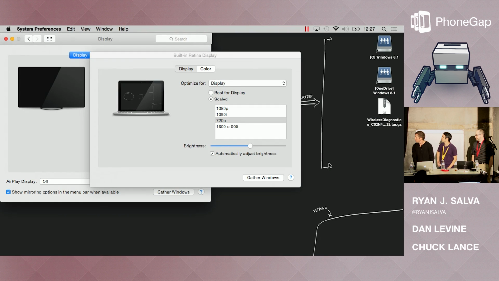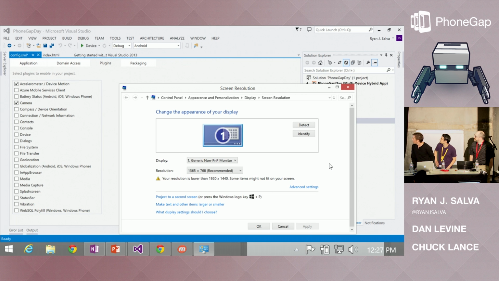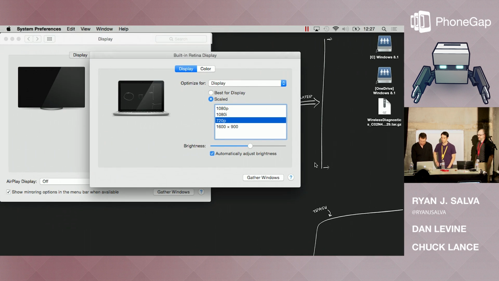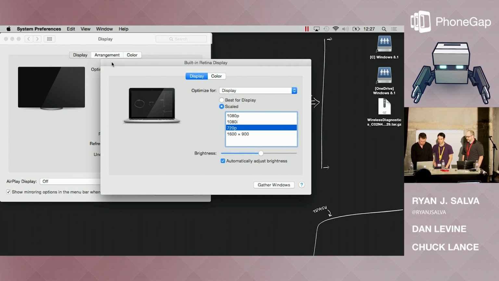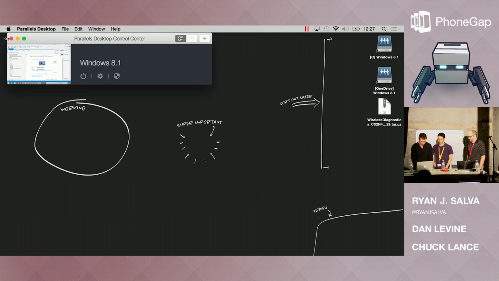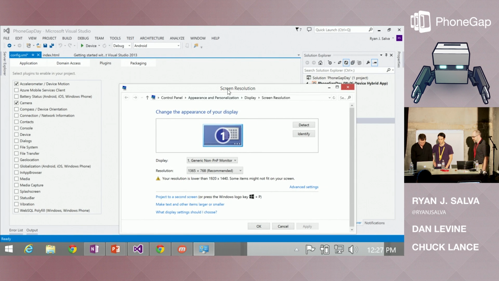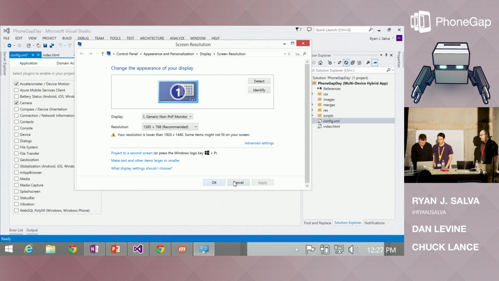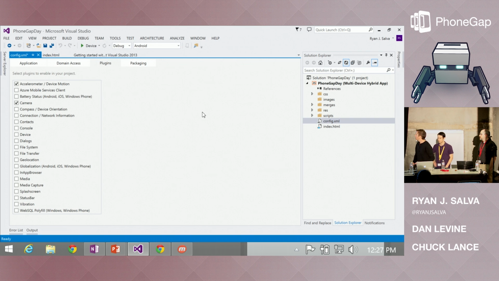Better? Okay. All right, a little bit less blurry. We're going to go with that. Okay. All right, a little bit better. Now, hopefully we can see.